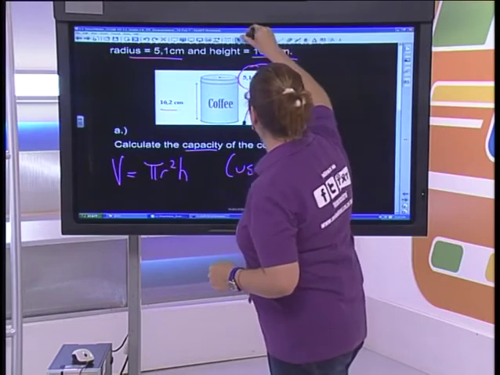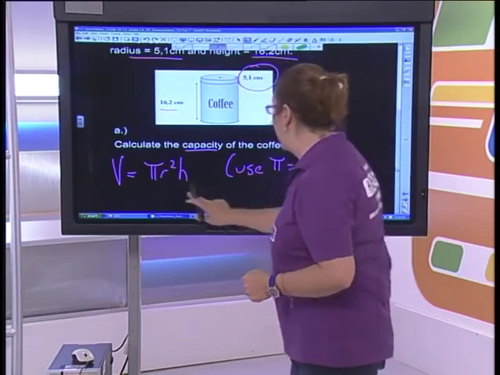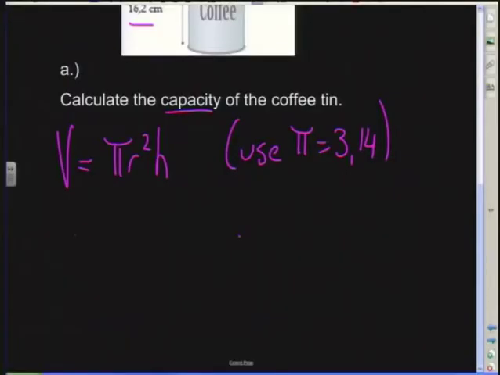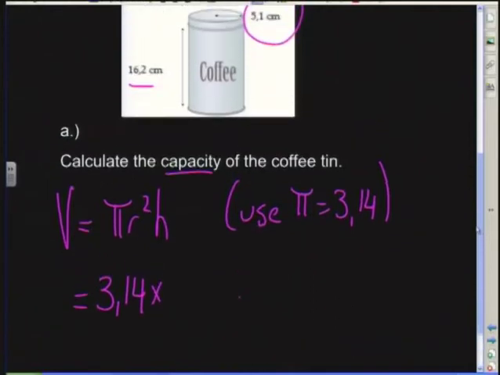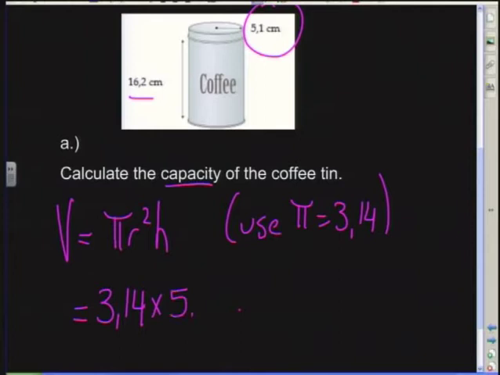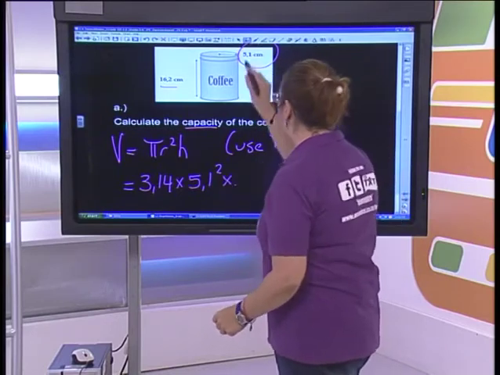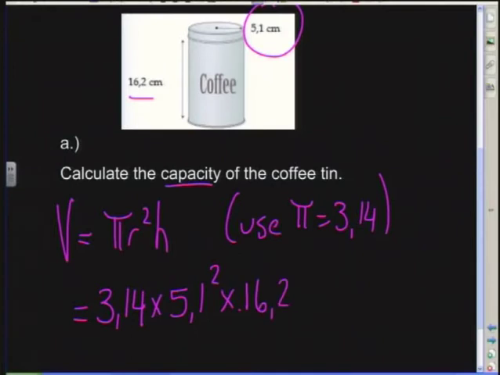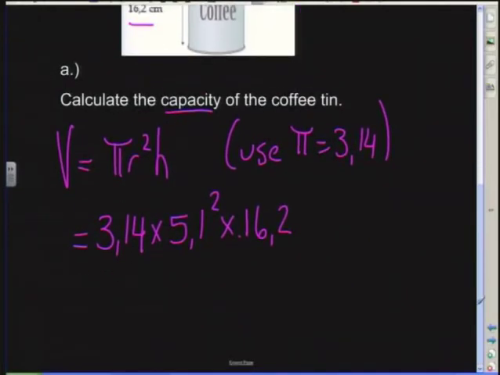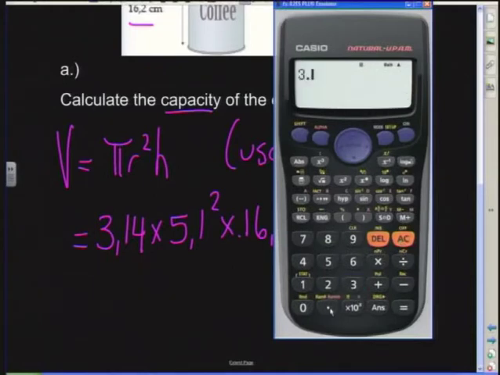So let me go back to my calculation. Once I've got my formula, it's easy to substitute in the numbers. I know what pi is, and I know what my radius was. It was 5,1. 5,1 squared. And if you don't have a scientific calculator, then it's 5,1 times 5,1. And times that by my height, which was 16,2. My answer is going to be in centimeters. So let's get my calculator out. It was 3,14 times 5,1 squared times 16,2. And I get an answer of